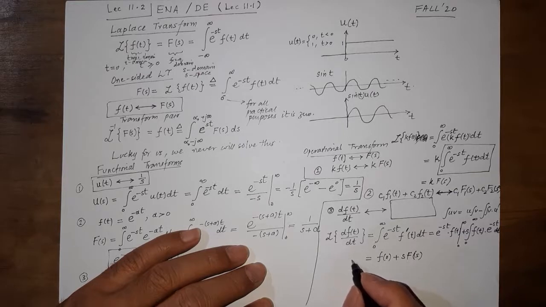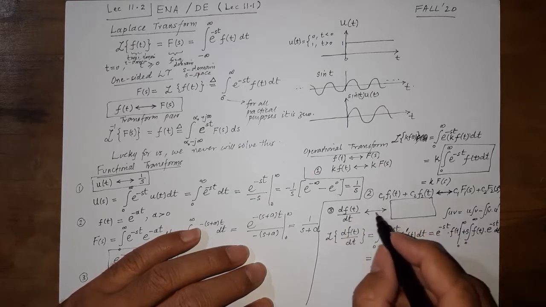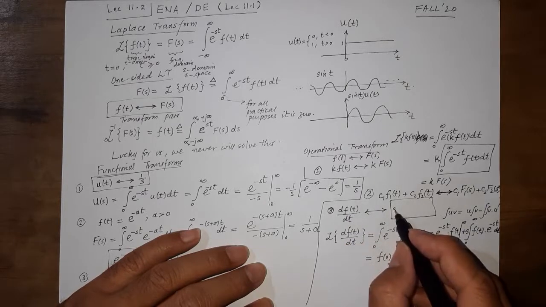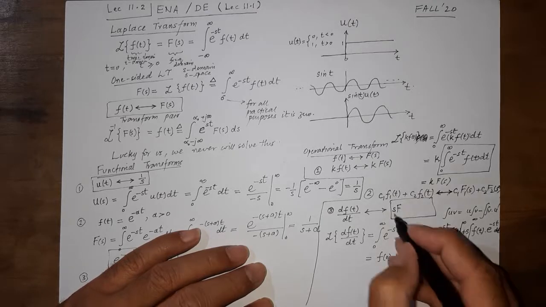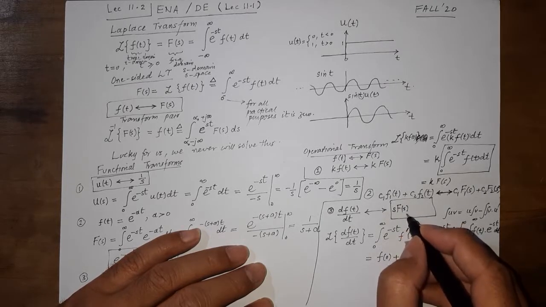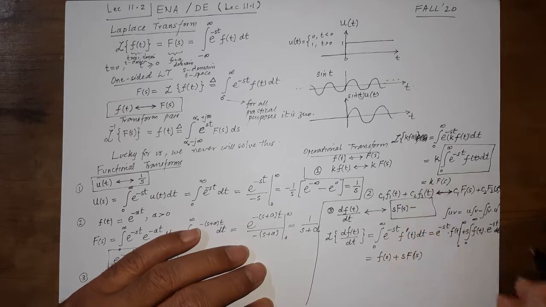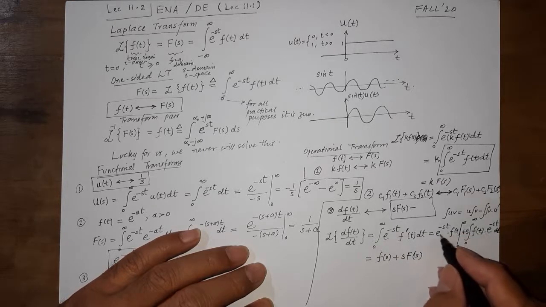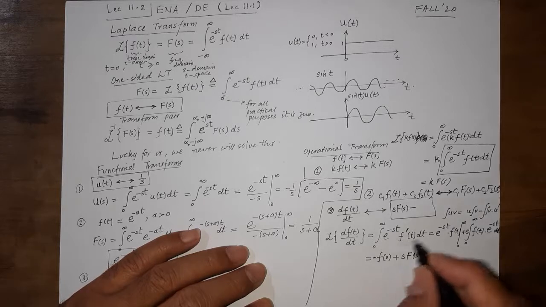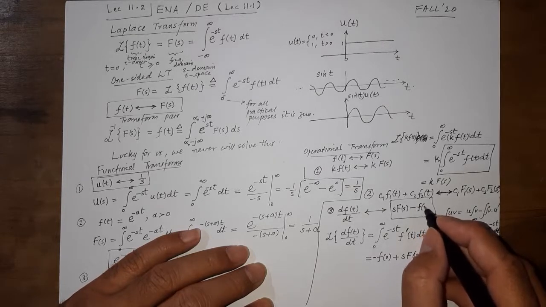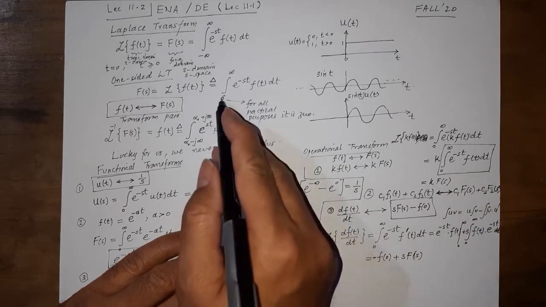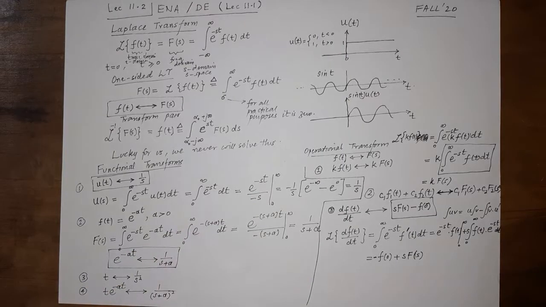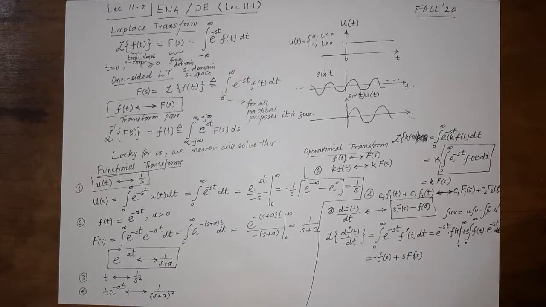So what is this pair now? We have found that the Laplace transform of the derivative of a function is s times the Laplace transform of the original function plus, I believe I have ignored that negative sign here. When we put this limit, this becomes 0, minus we put the 0. So we have a minus here: minus f(0). When we are taking 0 minus here, this will become 0 minus. For all practical purposes, it is what happens at t equal to 0.